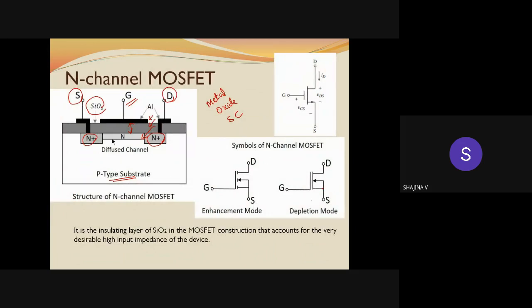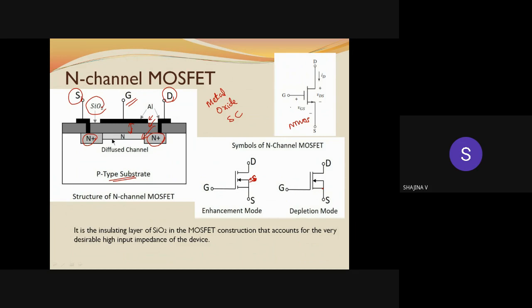So coming to the symbol, you can see this is the symbol for enhancement mode, and this is the symbol for our depletion mode transistor. Okay, and mostly here you can see this is actually our substrate. Okay, this is actually our substrate. The substrate and source are connected together. Okay, so we are going to use this symbol for an NMOS. So you note this symbol. We are going to use this symbol for representing N-channel MOSFET. Okay.